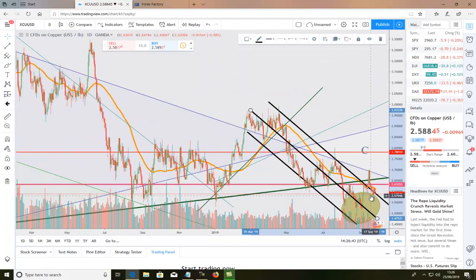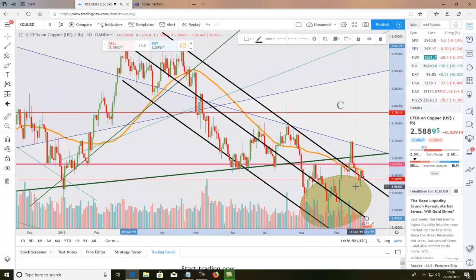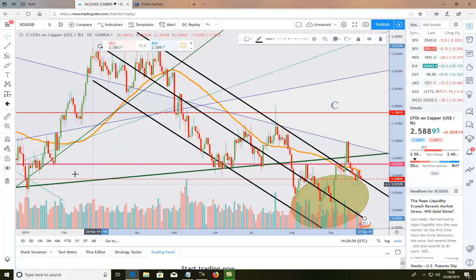And we are also below that line. On a monthly chart, it looks like we were sitting on it. But in fact, on a daily chart, you can see that we are now below it. So it's not looking really, really bullish right now. But another thing that I want you to point out on the daily chart,